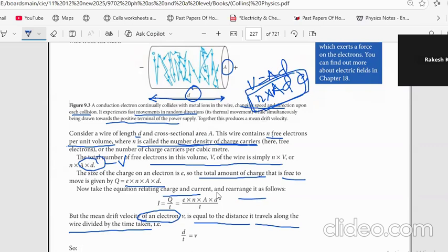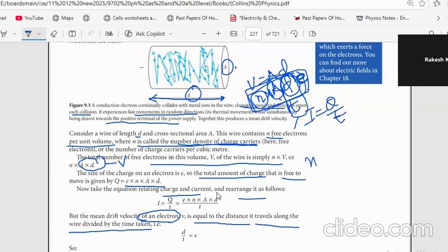Now, out of all these terms, current is Q by T. Who's changing? The number of charges per unit volume is not changing, that's fixed. Area, he's taken some value. D, he's taken some value. All these are fixed. E is the charge, that is also fixed. So he says if you divide by T, this D by T is the speed with which it is moving. That's nothing but the drift velocity, and this is not changing even under acceleration. So the formula becomes,